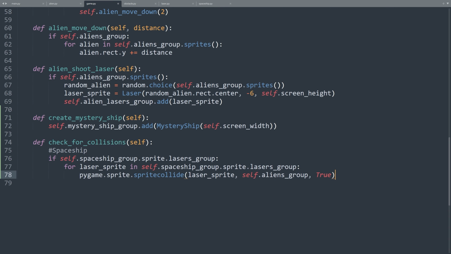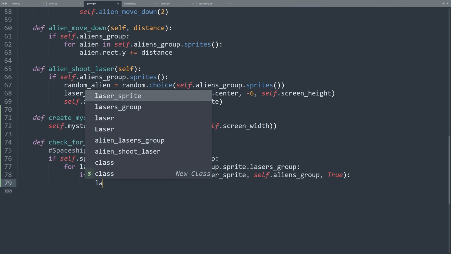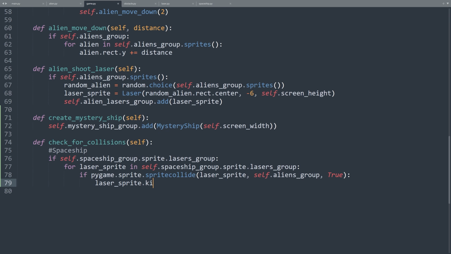Luckily for us, this method returns a list containing all the sprites in a group that intersect with another sprite, so we can use this information. We add an if here and a colon here. So, if the returned list is not empty, it means we had a collision, so we have to destroy the laser sprite as well. laser_sprite.kill(). Let's test it out.